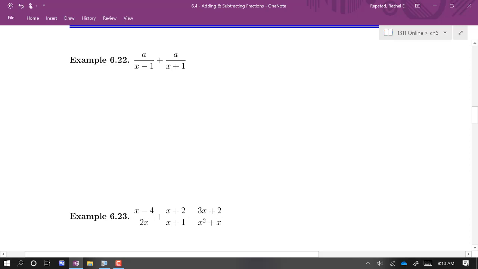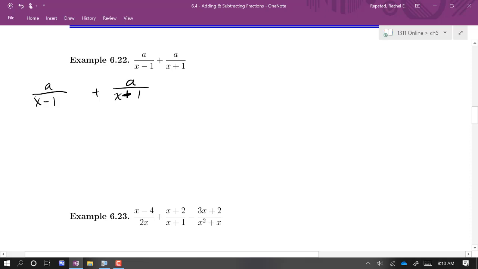X plus 1 doesn't factor. X minus 1 doesn't factor. But what we also need to understand is that x plus 1 and x minus 1 are distinct factors. They have no factors in common. So if we want to add these together, in order to get a common denominator, then this